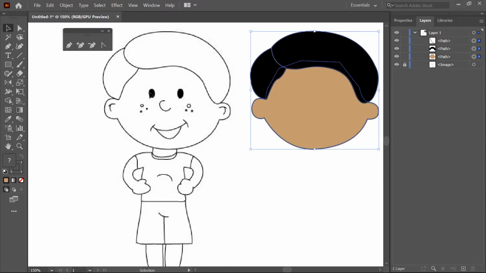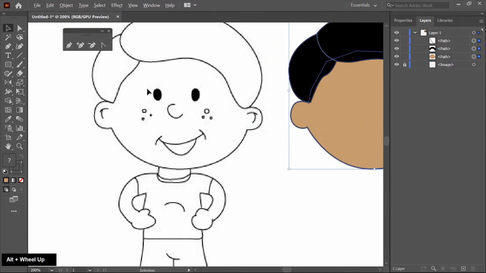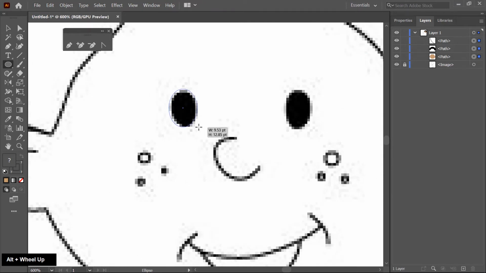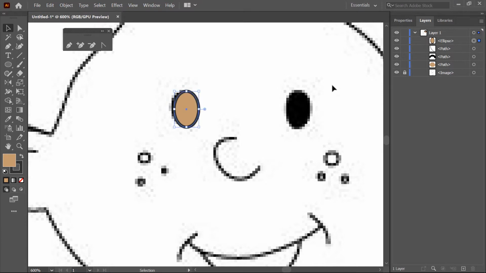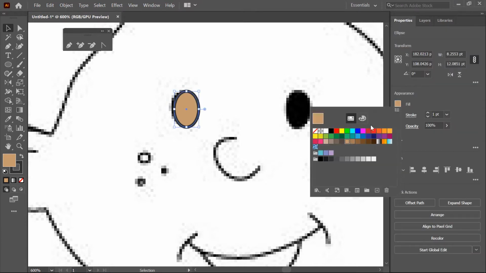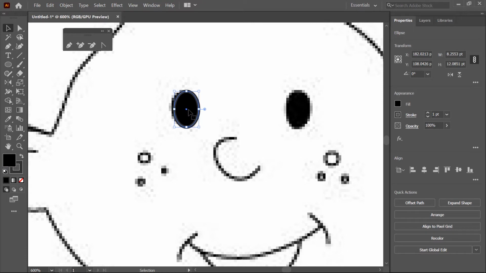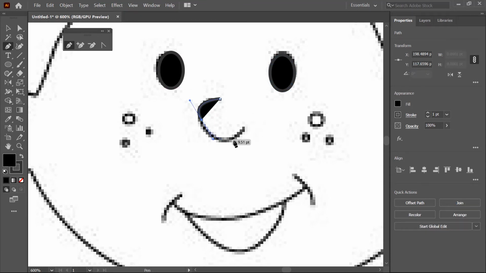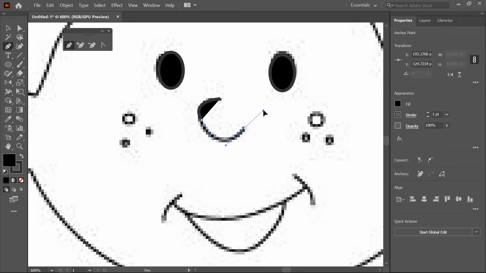Now I draw eyes, nose and lips. By using the ellipse tool, I can draw eyes, fill with black color. And now pressing Alt and drag, create a duplicate copy of this eye. By using the pen tool, draw a basic nose. Click on the no color.